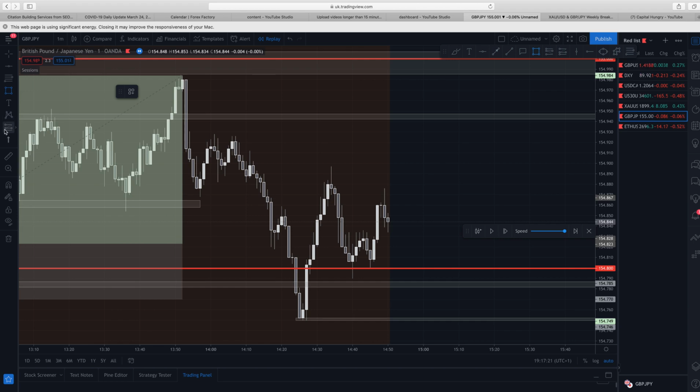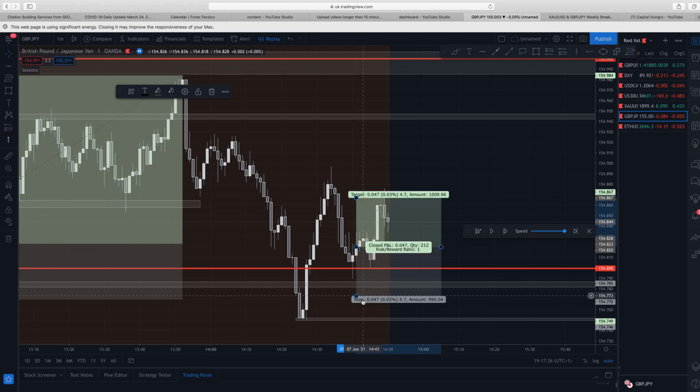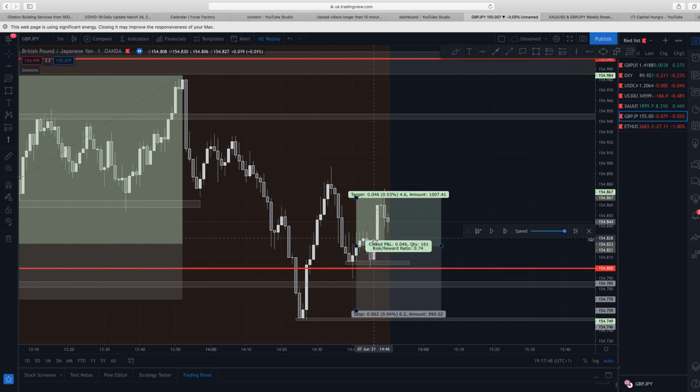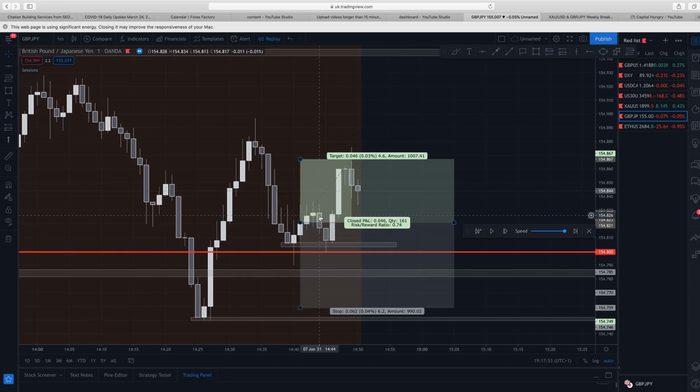Say if you were to take an entry here or here, then if you're watching the trade and you don't get candle body closures below here, then your trade idea is still valid. Off it goes. If this candle here, this 1 minute candle, if the next one would have failed to close above it,